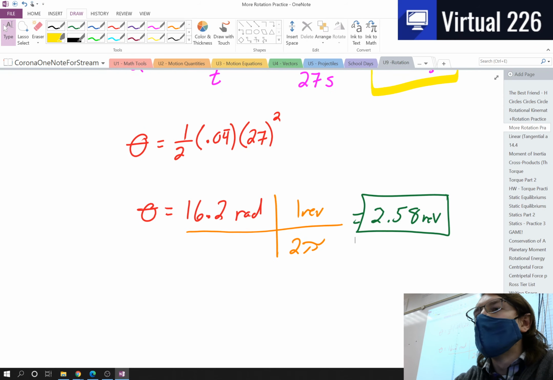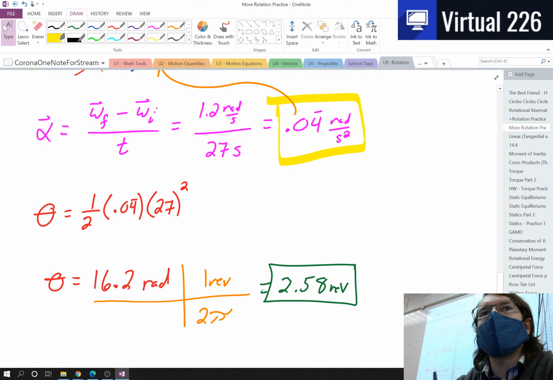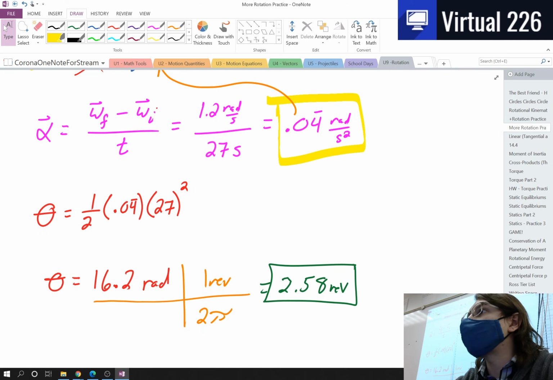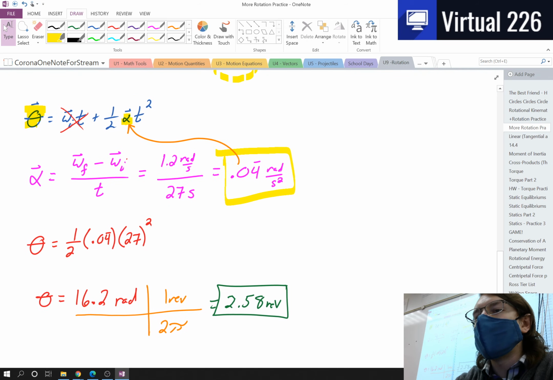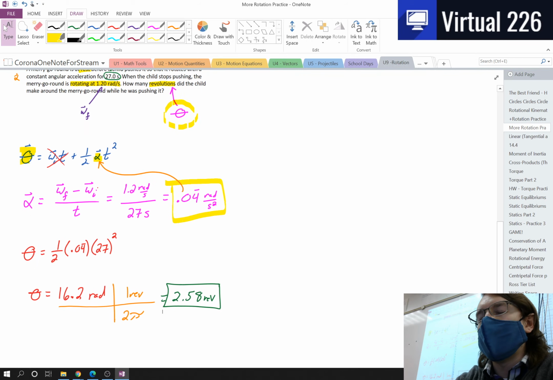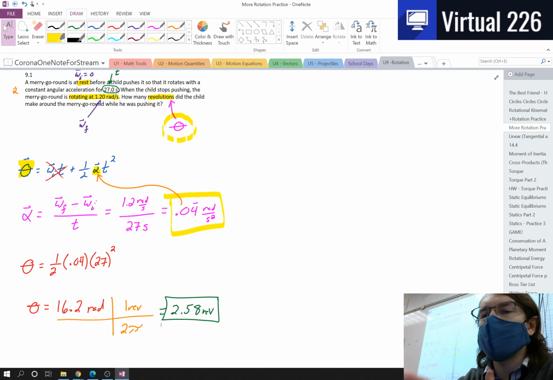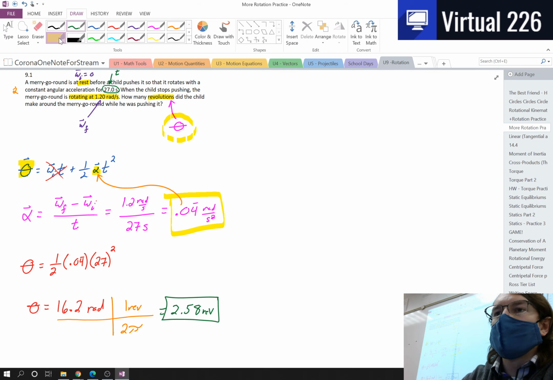Okay? So this problem was a little bit more complicated than things we've seen before, simply because while we did have 3 out of the 5 things, we had to solve for that angular acceleration to use it to find that angular displacement. So kind of a two-stepper there, and then a conversion at the end makes it a little bit harder than what we've done previously, but it's still just using the equations we've been using here, equations 2r, 3r, 4r, and 5r, and working them throughout this problem. So that problem